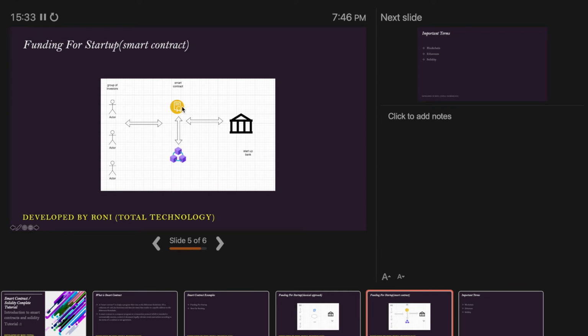That if you make a profit, you will not be able to send the money. So suppose the startup company says, okay, now I want to change the contract, so that from now onwards, if I make a profit, I will not be able to send this. No, that is not possible, because Ethereum is actually immutable.